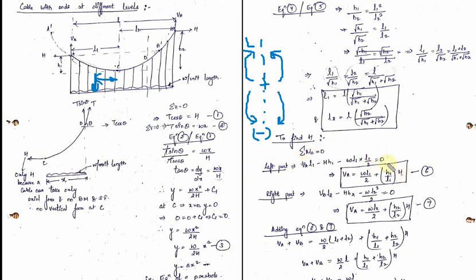So from this equation, the value of VA will come out to be this. I have taken it as equation number 6. Now we will take the right portion of the C point. When we take the right part of the C point, there are also three forces, VB, H and W. The same way we found the equation of movement for the left part, we will find the equation of movement for the right part also.